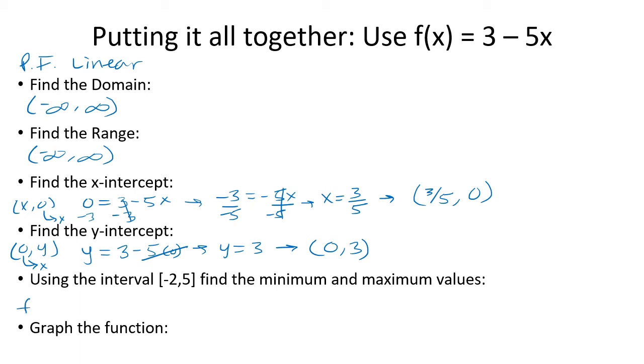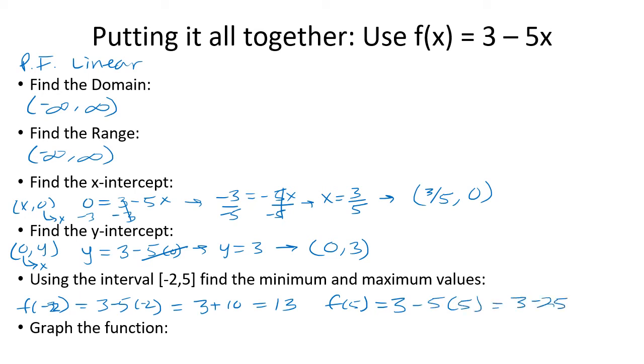So we have f of negative 2, which equals 3 minus 5 times negative 2, which equals 3 plus 10, which equals 13. So at f of negative 2, I have 13. Now I'm going to do f of 5. And f of 5, I get 3 minus 5 times 5 equals 3 minus 25, which equals